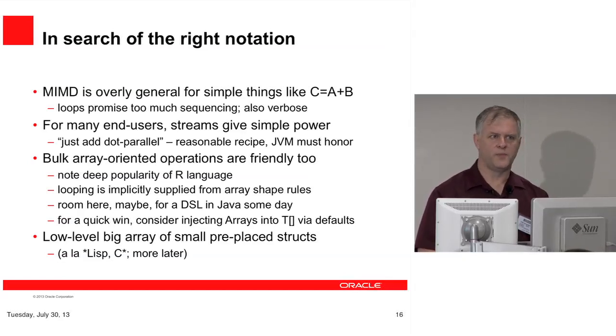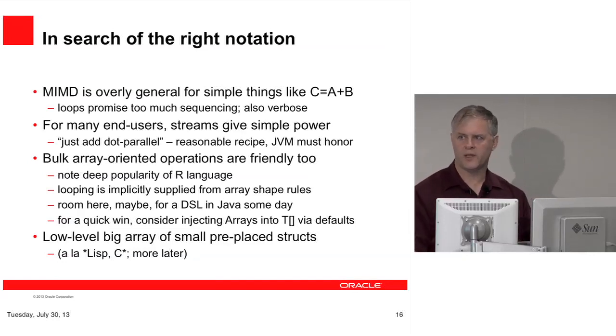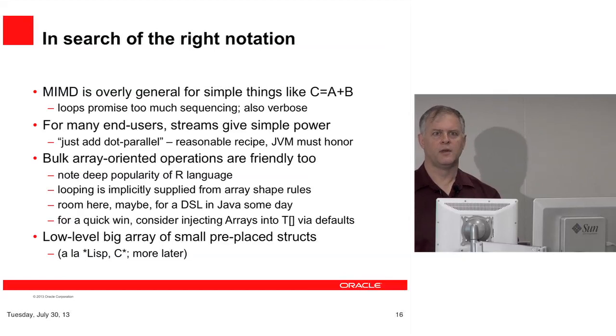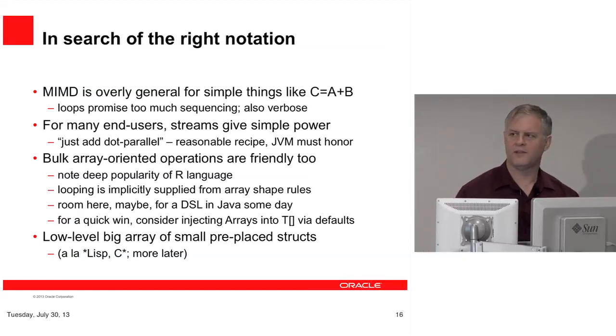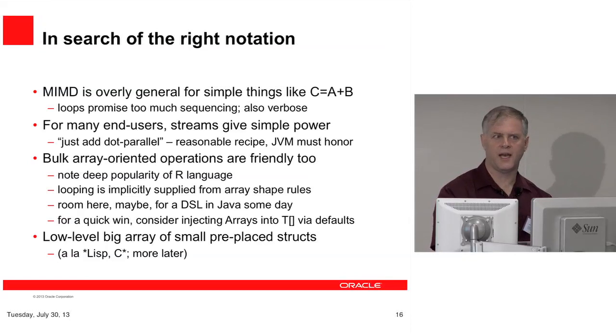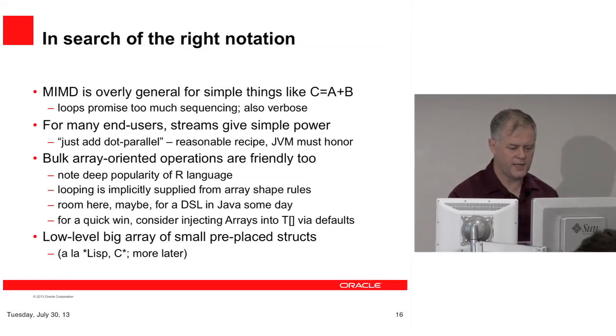And then of course there's this reasonable thing of, well, if you add .parallel, then the system does its best not to disappoint you by making it slower, but will try to use more processing resources and make it faster. How many of you have ever been disappointed by the performance characteristics of the JVM? Moving on. Yeah. So disappointment is a possibility here. So it's not completely guaranteed, but that's the goal. The goal is to say, try harder to use more hardware on this data set, and that's what .parallel means. And so there's a great way to use data parallel techniques on that.